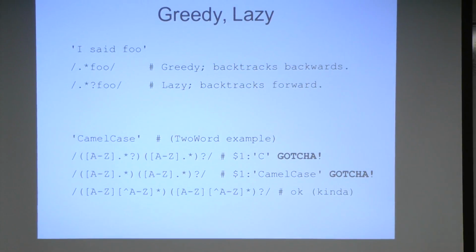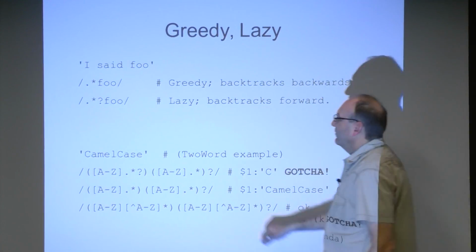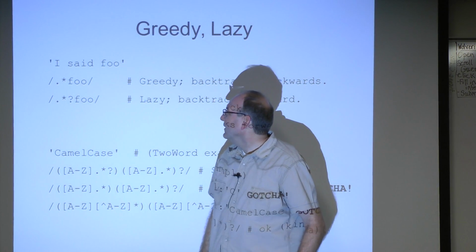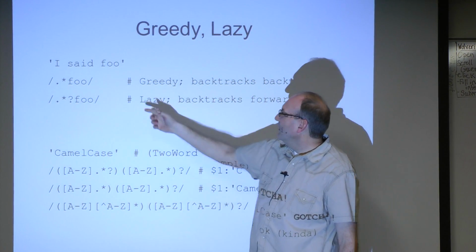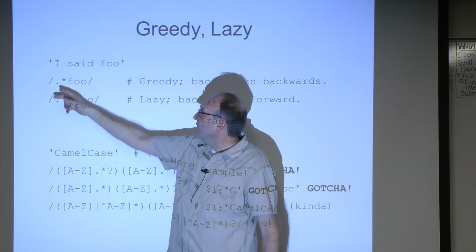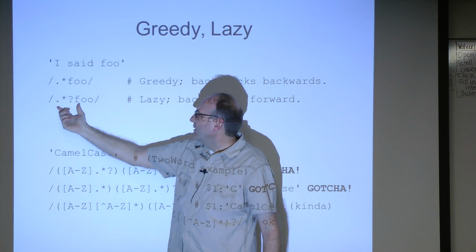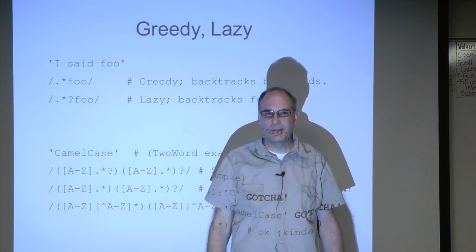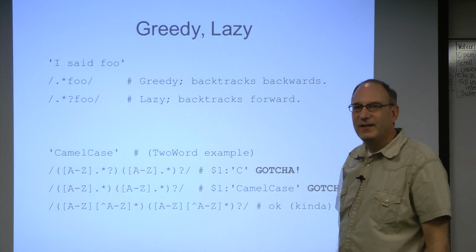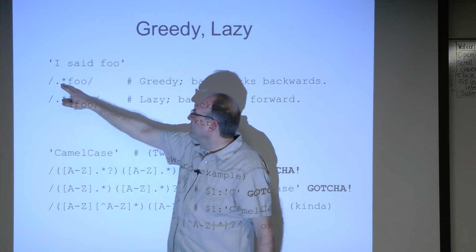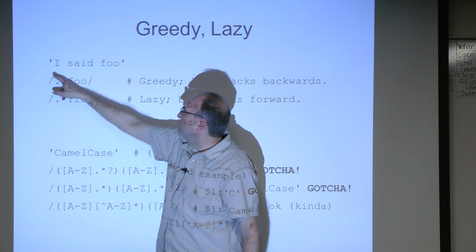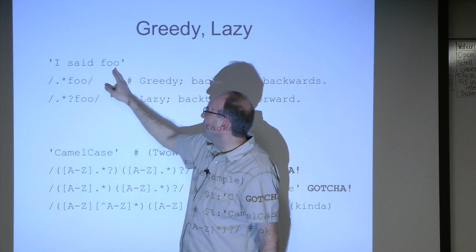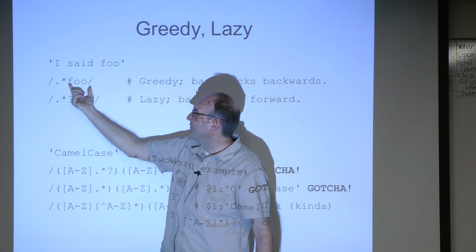Now greedy and lazy. We said before that the star quantifier is greedy, so by adding a question mark after it, it makes it lazy, which means that it doesn't try to match as much as possible. So with the greedy quantifier, dot star is automatically going to attempt to match everything, and then as we move through our match, it's going to slowly give up characters until enough is left over for foo to match literally,